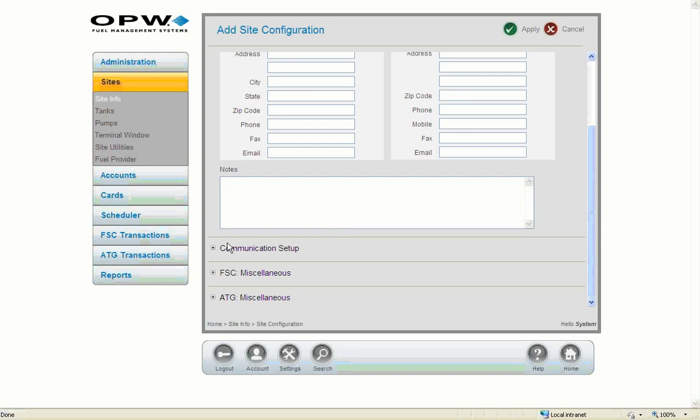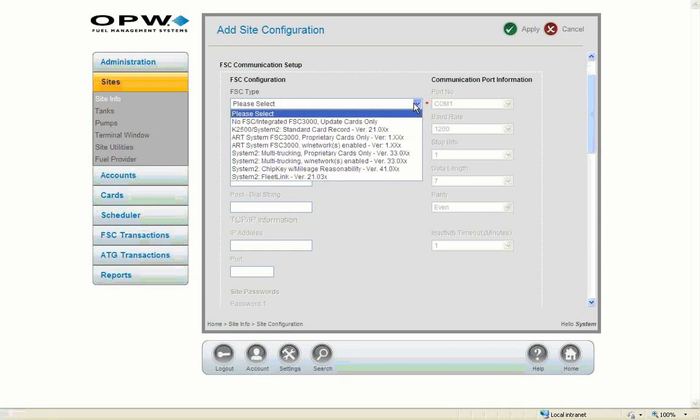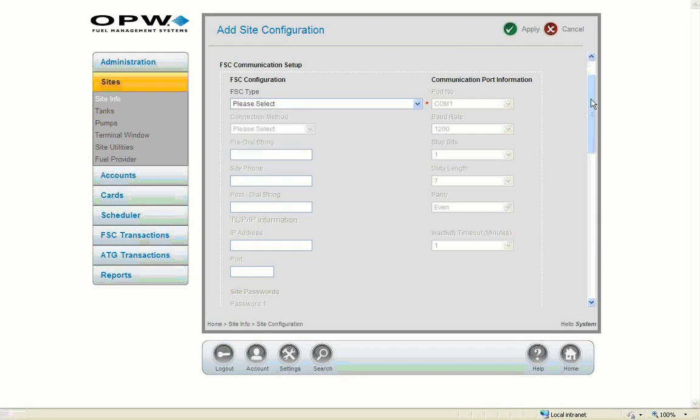We then go to the communication setup. The communication section of the Add Site Configuration is used to enter the communication parameters for a new site, enabling Phoenix to talk to the site. Required fields in the FSC communication setup configuration are indicated by an asterisk. With the type of field site controller that we're able to use here under this drop-down,